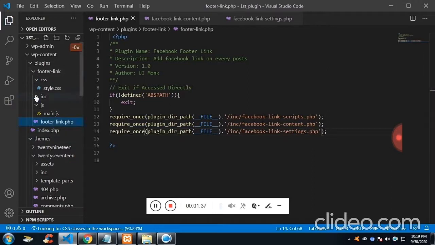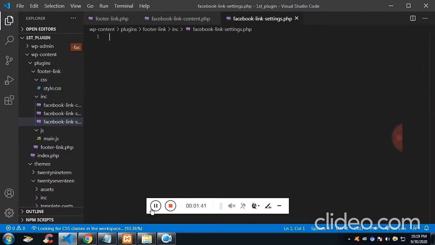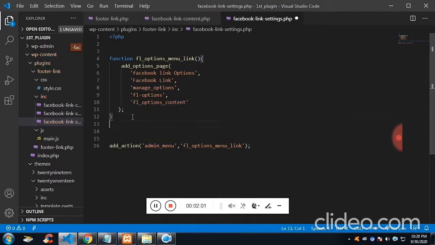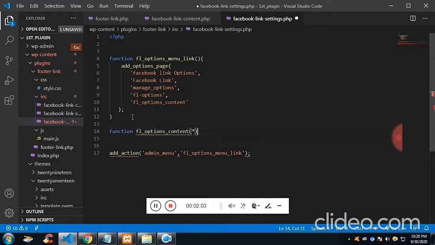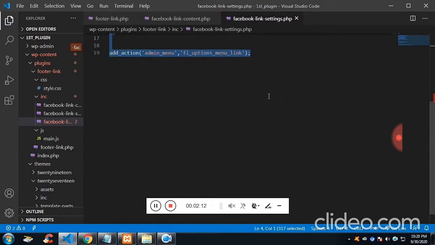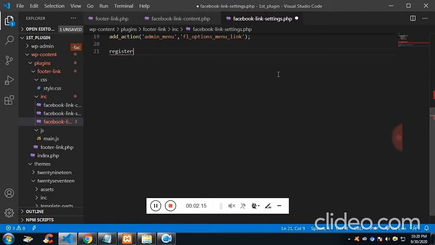So here in this file we will let know the WordPress that there should be a link on the setting tab. So with the help of add option page, this is a name, and so this is a description, and this is a slug you can see on the URL, and this is a function what it should do when I click on the link of the setting tab. So let's create the function. So that function will simply say hello, and with the help of this function what it will happen is a link will be appended on the setting tab. Once I click on the link, that will give you hello,